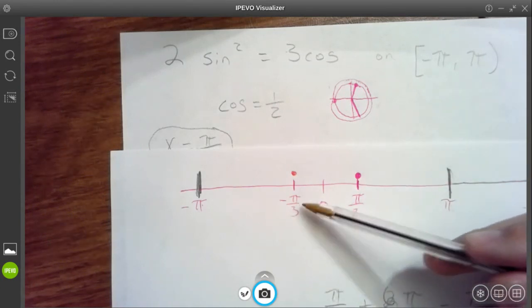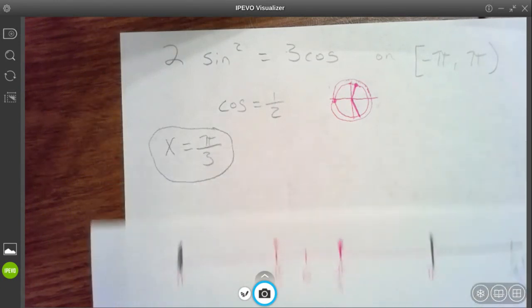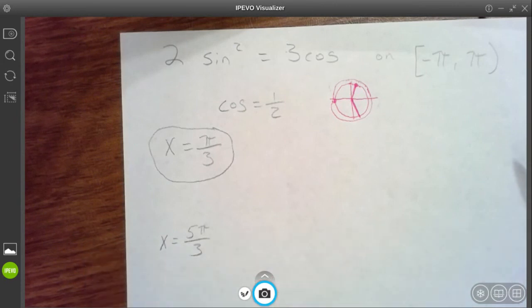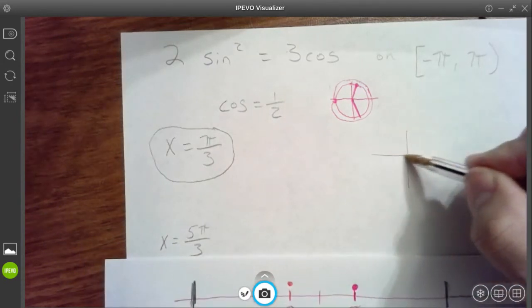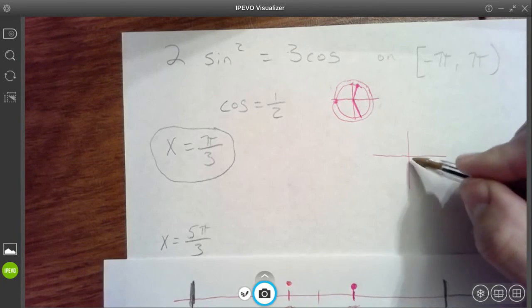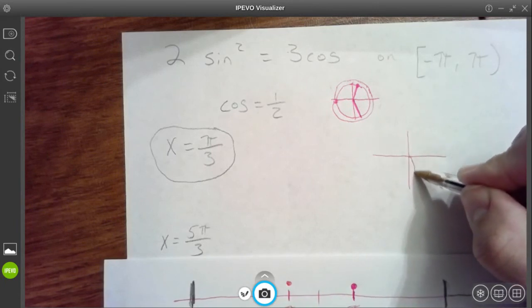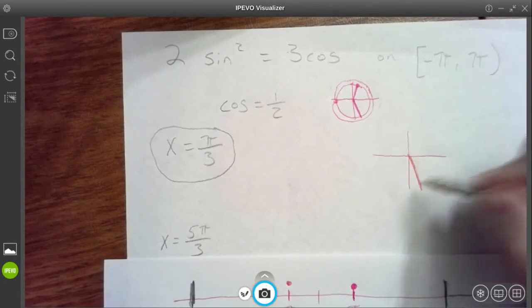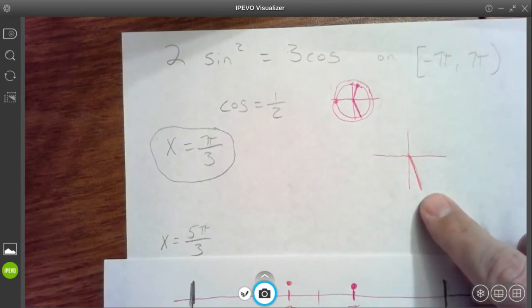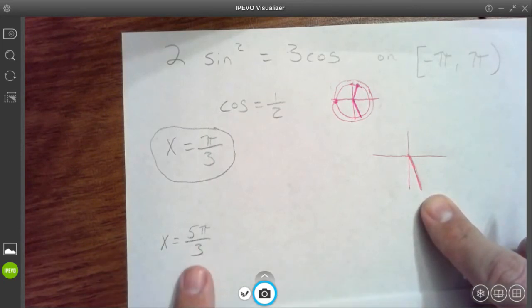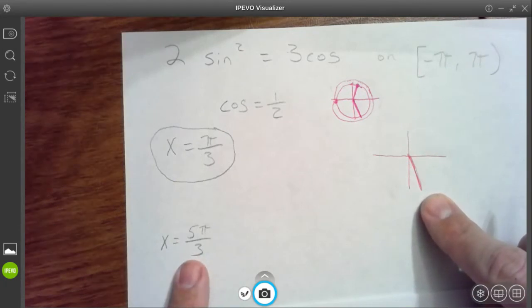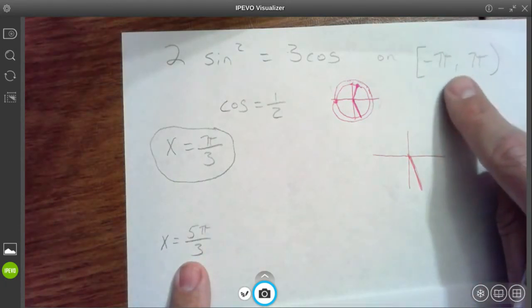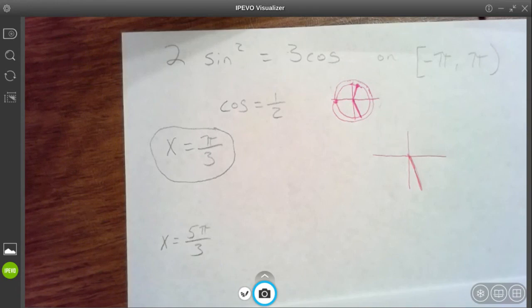Where this one is, if I were to think about where that is on my little unit circle, negative pi over 3 would be rotating downwards 60 degrees. So hopefully you see that that's the same thing as 5 pi over 3. All right, it's just that 5 pi over 3 was outside of my original window. All right, so